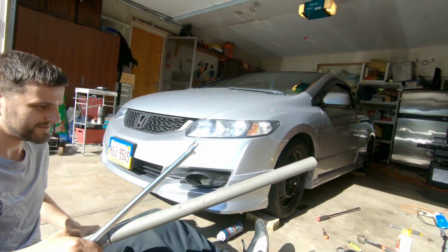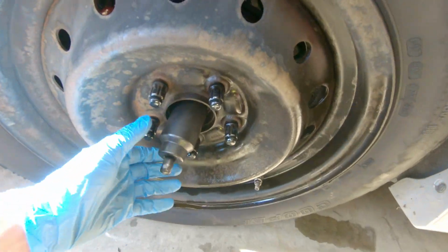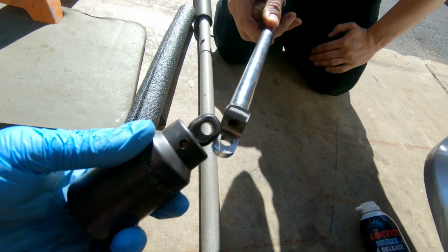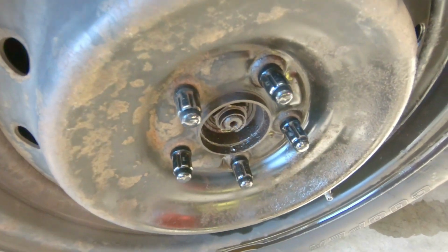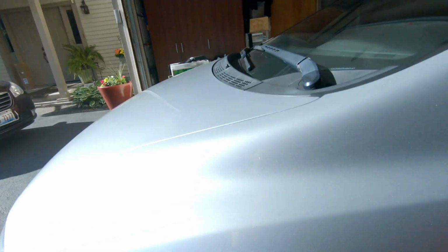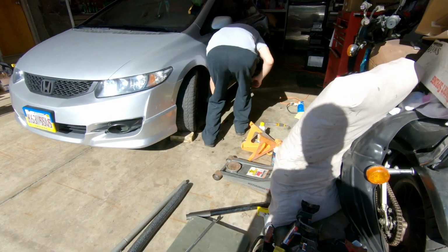Yeah. We're having a problem right now with the front axle nut. As you guys can see, we already broke one of the wrenches here. We're giving it all we got and we cannot take it off. So our options are exhausted right now. So we're most likely gonna go to a nearby shop, ask them politely if they can just use an air gun to take that nut off so we can continue with this process. All right, guys, so